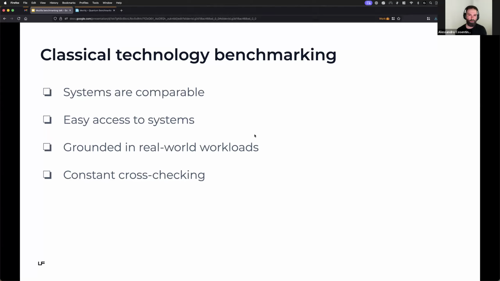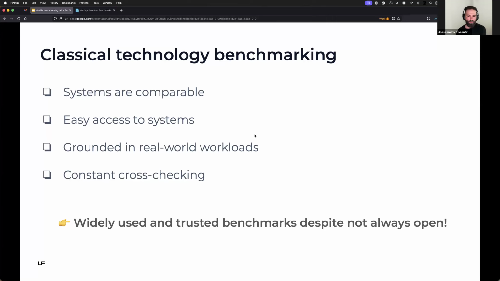So if one benchmarking tool is not really satisfying for some needs, then something else will be covered by another tool, and you can cross-check the results. You can say, there must be something wrong with the version of this tool because it's not coherent with this other tool. And they are quite standardized by now. So I'll give some